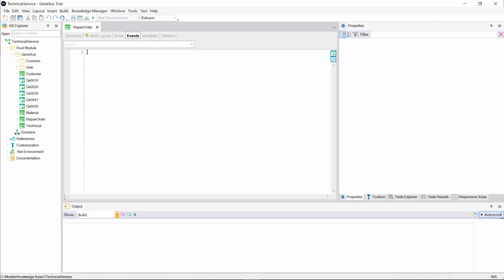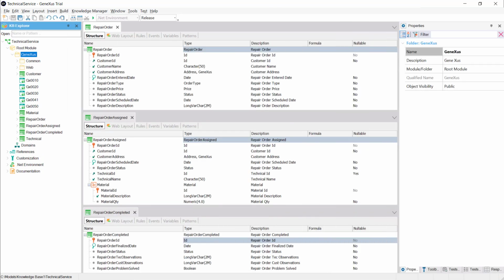These disadvantages could be solved in a simple way by using what we call parallel transactions. In this way, we would have a transaction for entering the order first by the operator, another transaction where the coordinator will assign that order to the technician and load the materials to be given to him, and lastly, a transaction where the administrative assistant will be able to upload the technician's and customer's comments, if any, and whether the problem was solved or not.